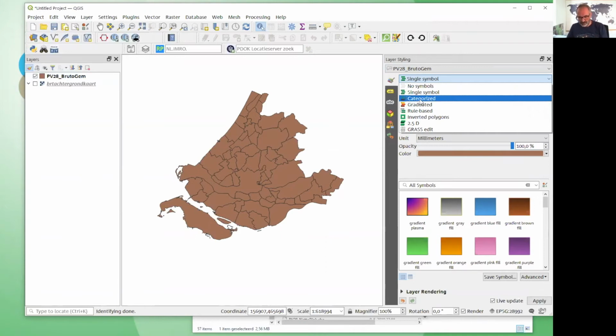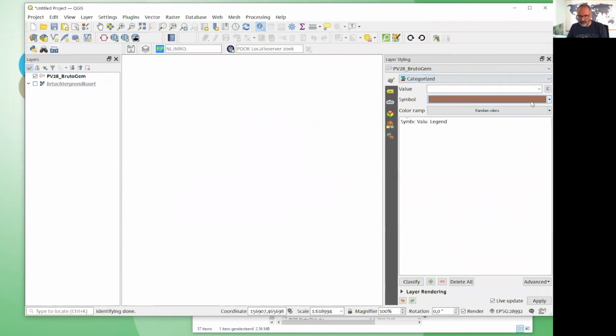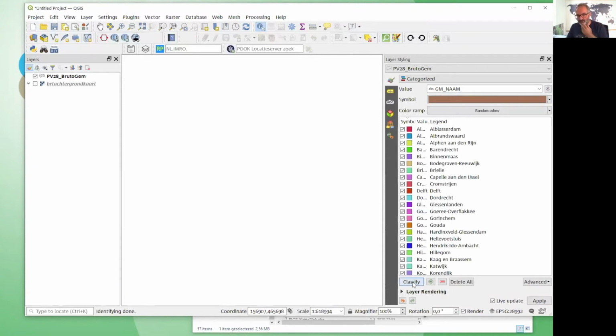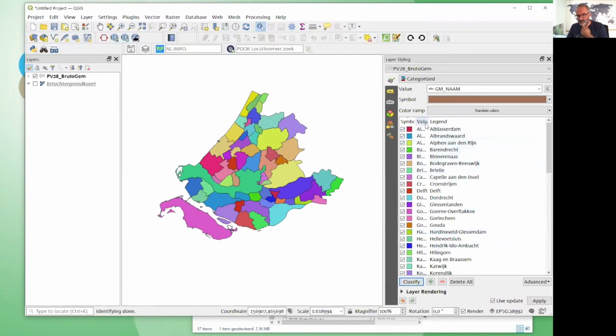A category could be any field here, but it will take all the values in a certain field and it will make a category for the different values. So if a value is only like in the name of the municipality, if it's only one name per